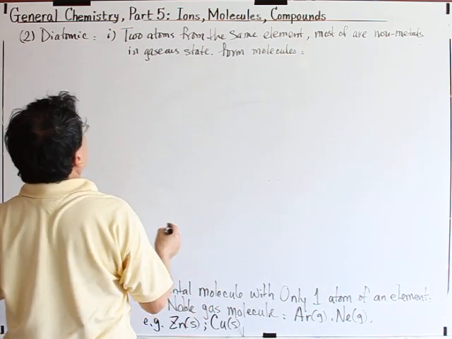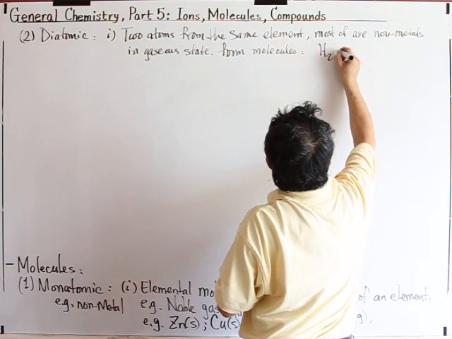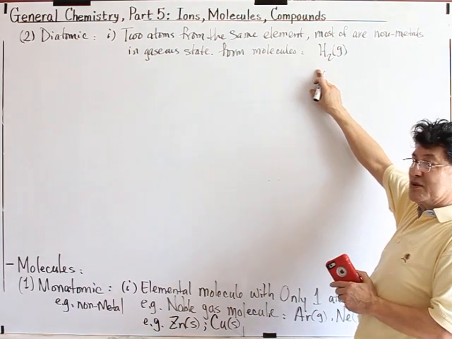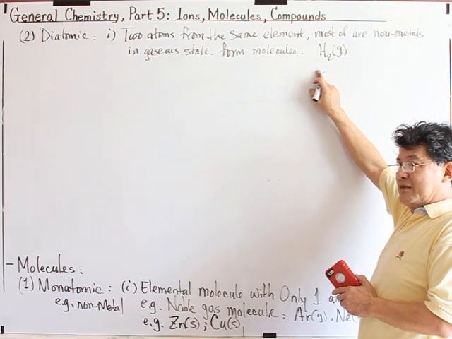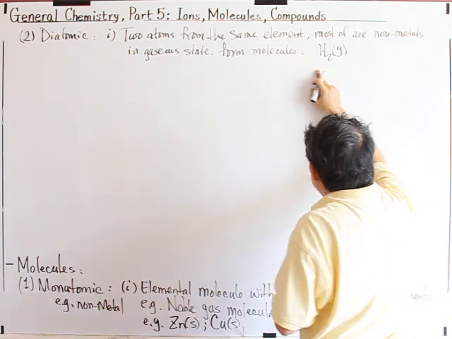So the example is going to be hydrogen gas, H2, because a hydrogen atom itself is very rare to be able to stabilize in the atmosphere,